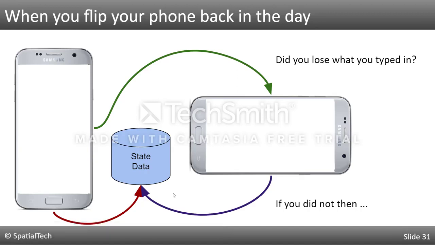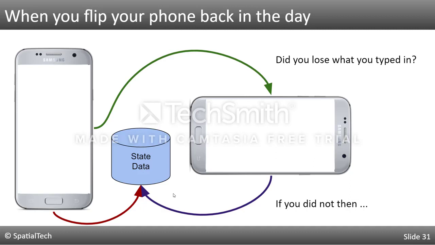Now I can do that with a model view controller program. If I use that design pattern, I can still do that. But typically, I have to handle it: the phone's rotating, take all the data, save it out to disk real quick. Then we stop rotating, go grab the data again, and as the activity is being recreated, put all the data back into the fields. Now there are a couple of problems. If it's a couple of fields, it's not a big deal. You're not going to notice it. If it's a lot of data,